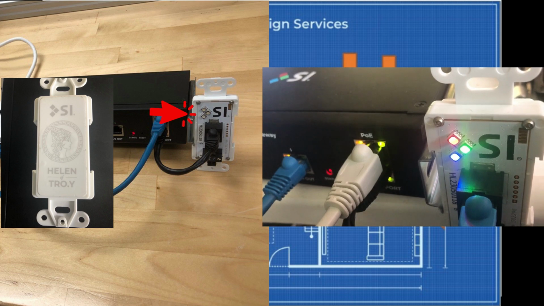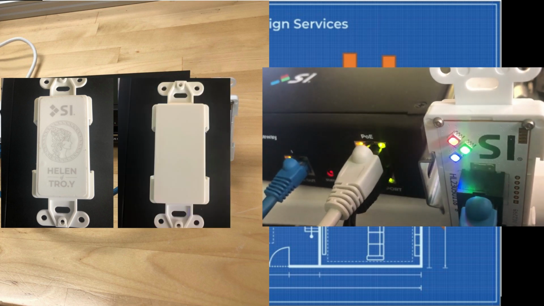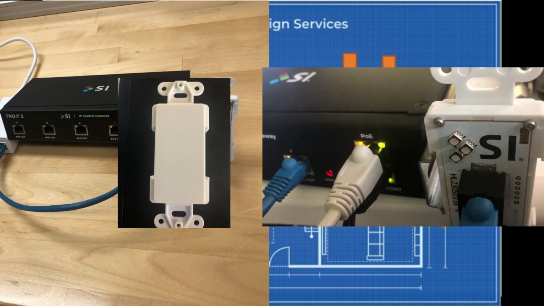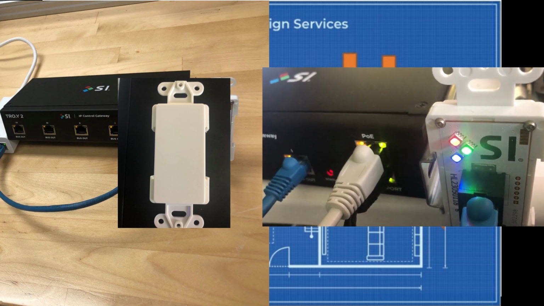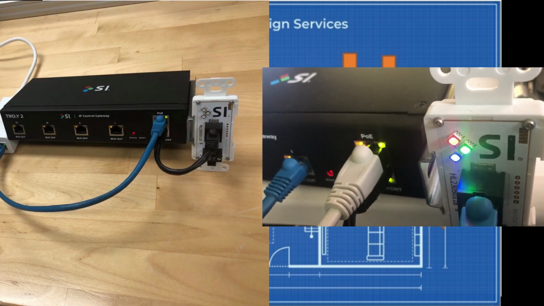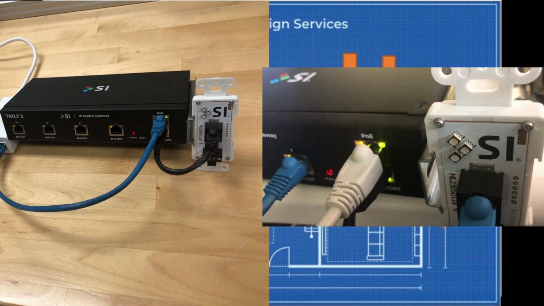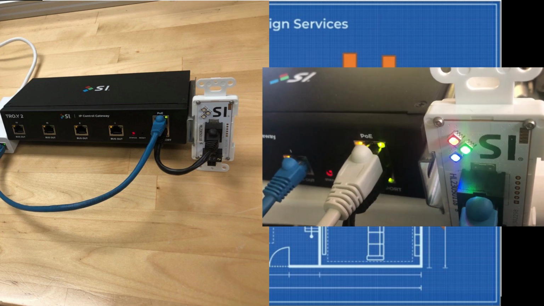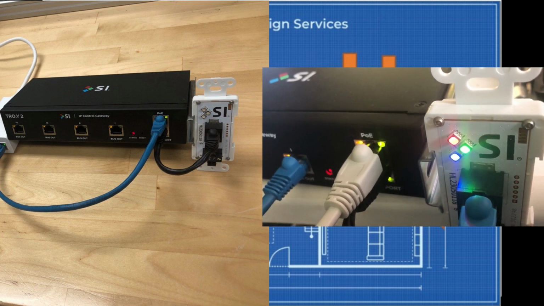Other Helens that may be on this project will have a blank face. You may also see a bright pink label on the Helen box, which indicates this is the coordinator. If you do not find any Helen with the front label applied, then one at a time, connect any other Helens that you have in this project into the Troy Helen port until you find a Helen that the LEDs